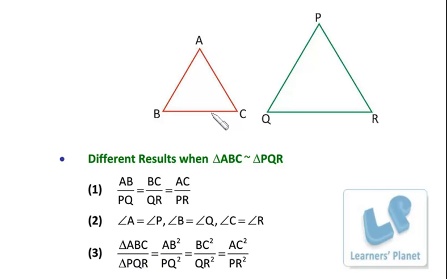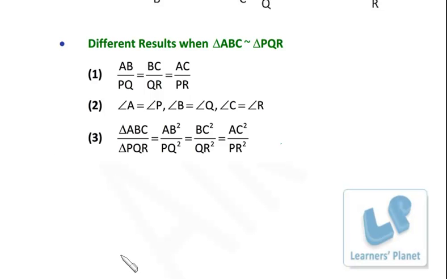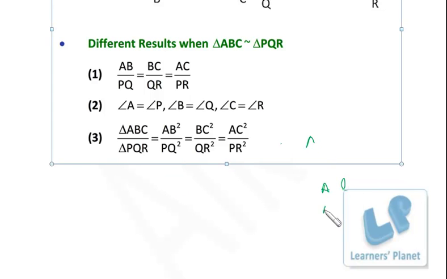And very important, the ratio of the area of triangle ABC and the area of triangle PQR will be equal to the square of corresponding sides, right? So area of triangle ABC by area of triangle PQR is equal to AB square by PQ square, or BC square by QR square, or AC square by PR square. And not only sides, suppose we have altitudes AL, BM and CN. Then the ratio of areas will be AL square by the corresponding altitude square, and in fact you can say the square of altitudes,